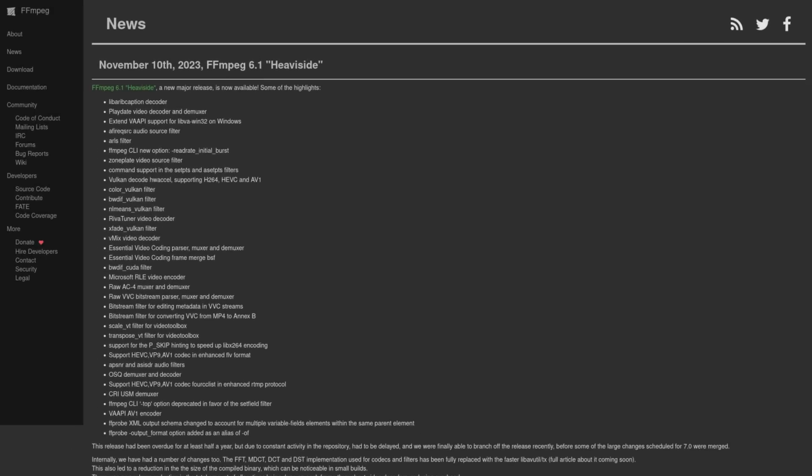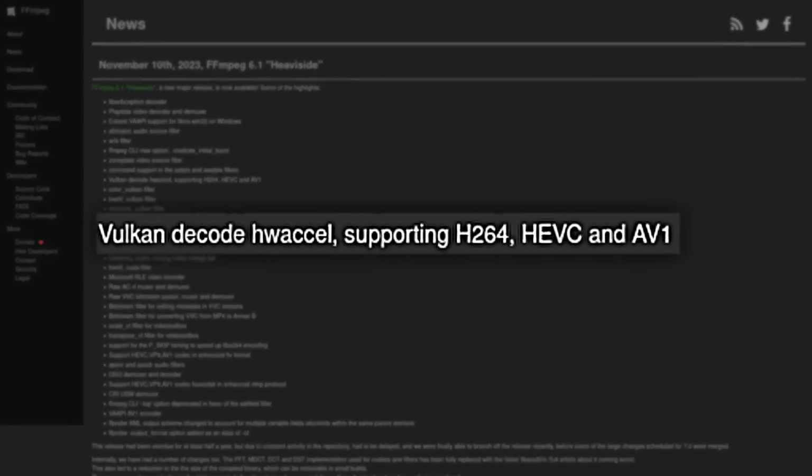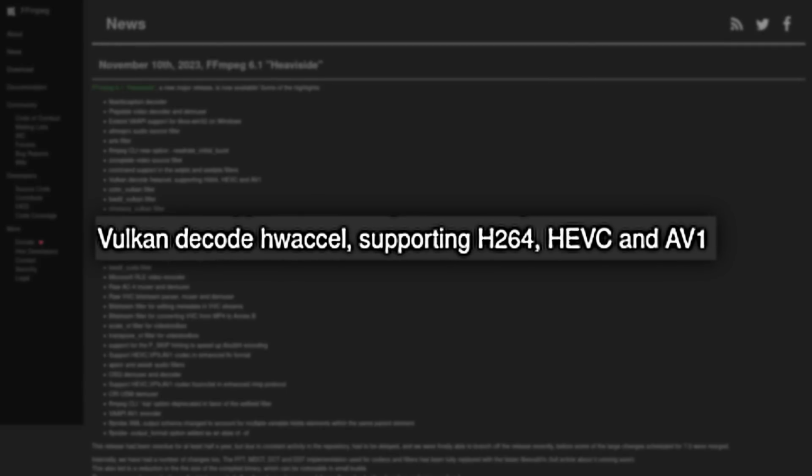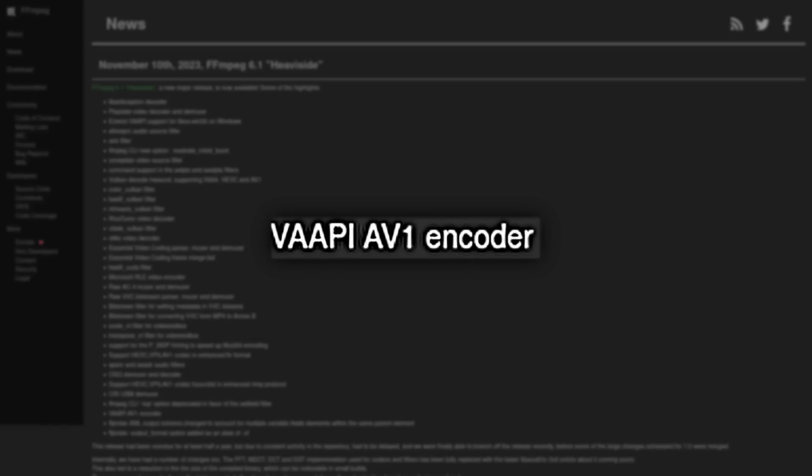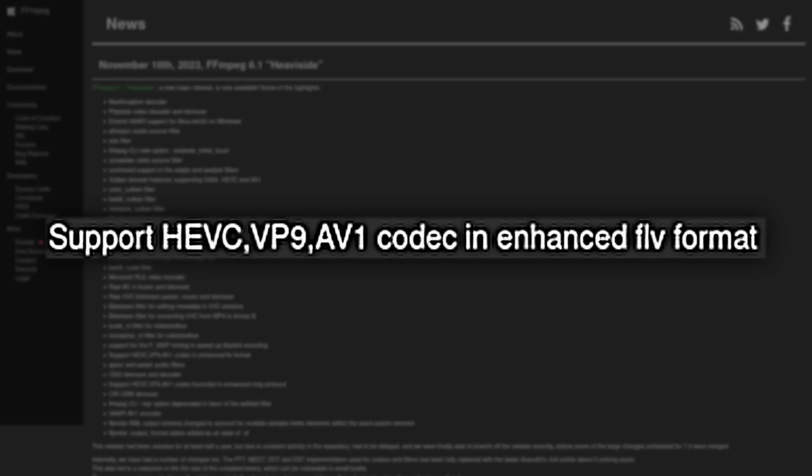And there are a lot of new features for this 6.1. First of all, there's multi-threaded hardware accelerated decoding through Vulkan, which supports H.264, HEVC, and AV1. A VA-API AV1 encoder has been added. Also, HEVC, VP9, and AV1 codecs are enhanced with the FLV and RTMP formats.